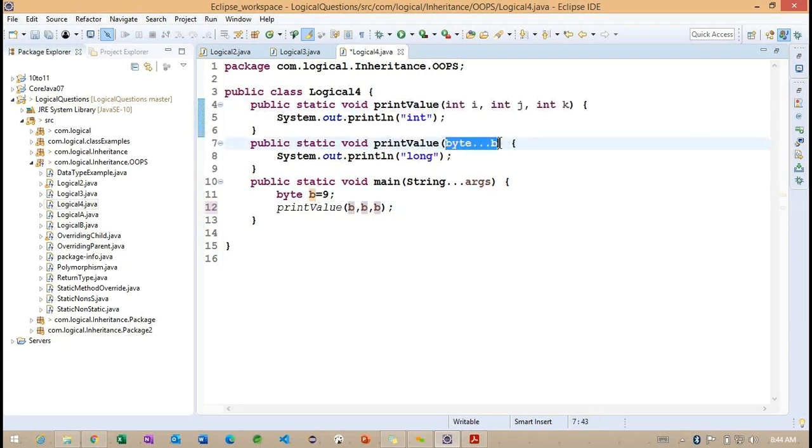But why is it not calling this byte array? Basically, whenever we work with the var-arg concept, it takes an array of elements. First it checks whether any matching parameter method is available. If yes, that method is going to execute. Later, if the particular parameter is not available, the var-arg related methods are going to execute. This is very important, and we need to understand it.